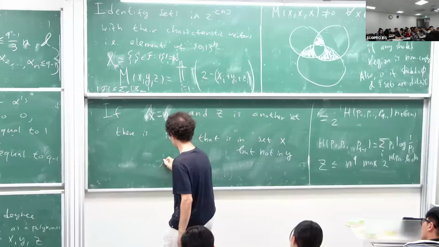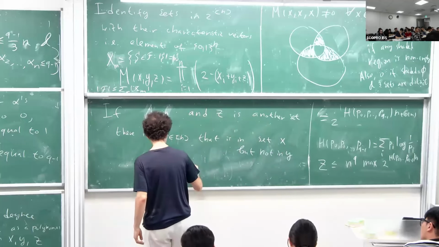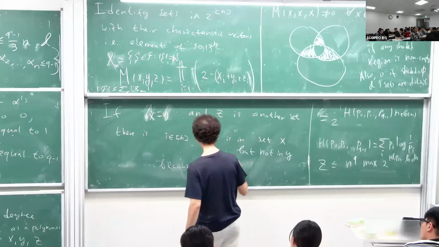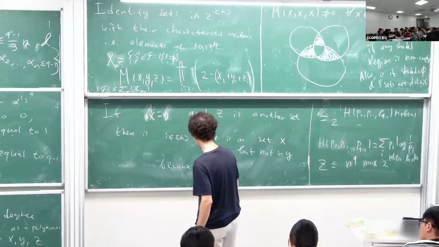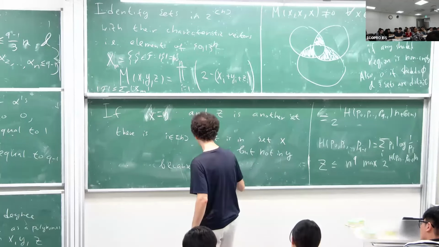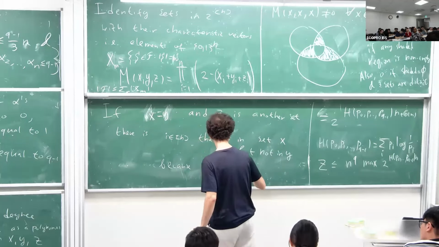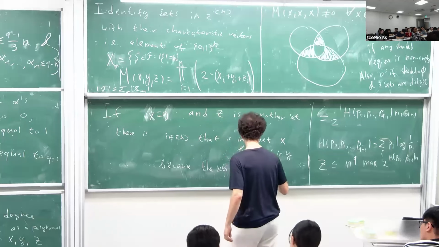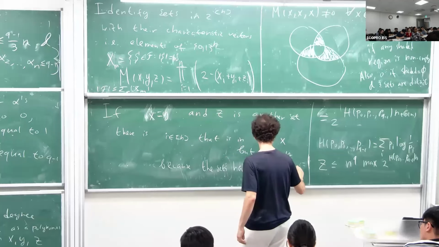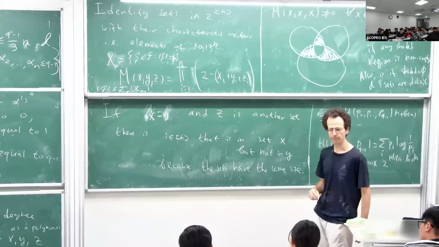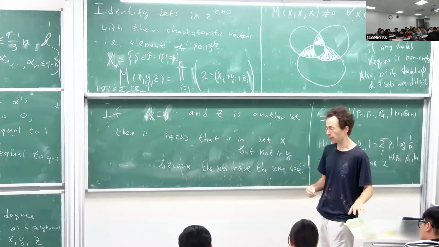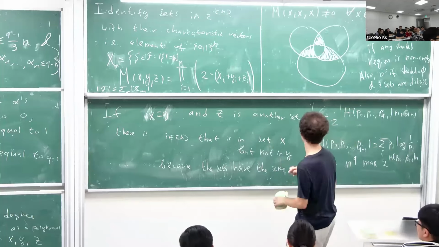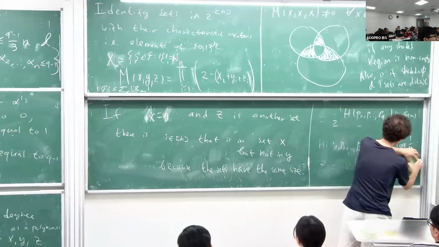And this is because the sets have the same size, namely m. Okay, so that means when you think about characteristic functions,